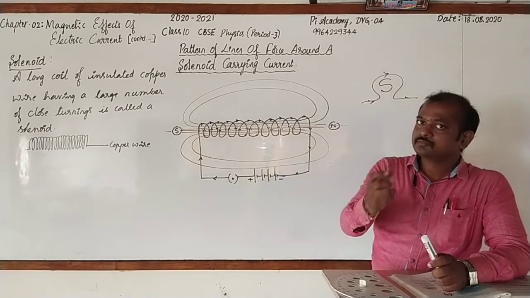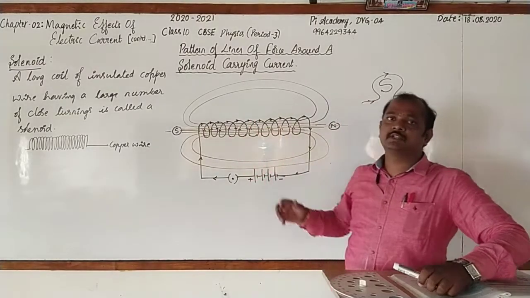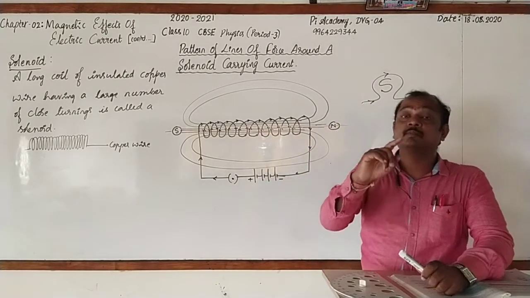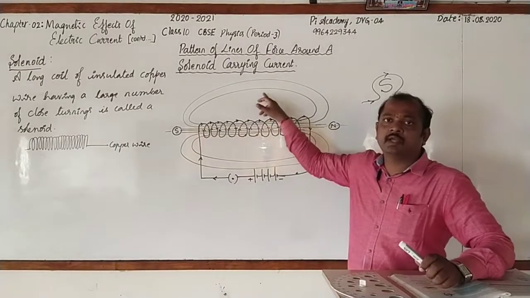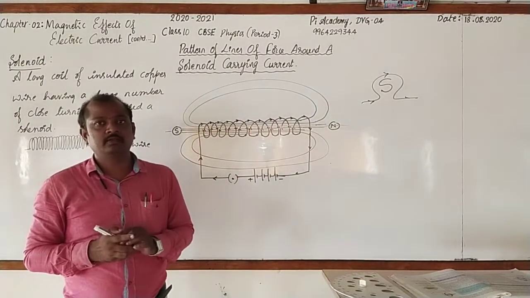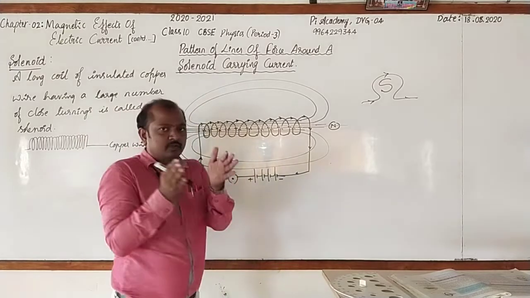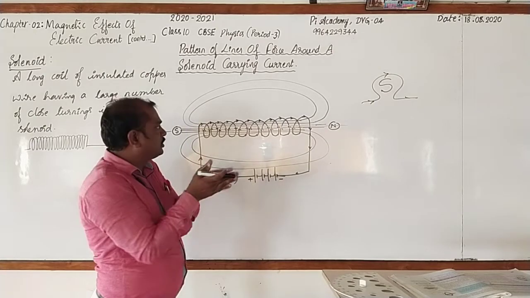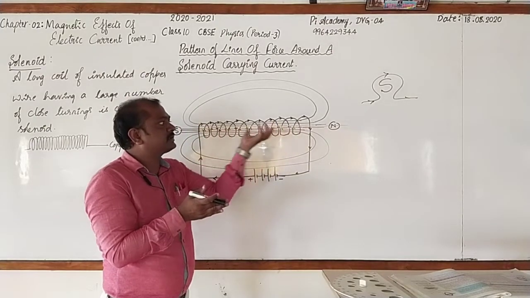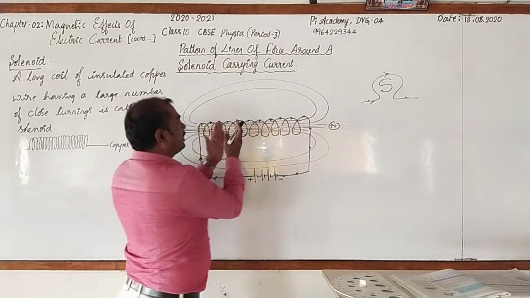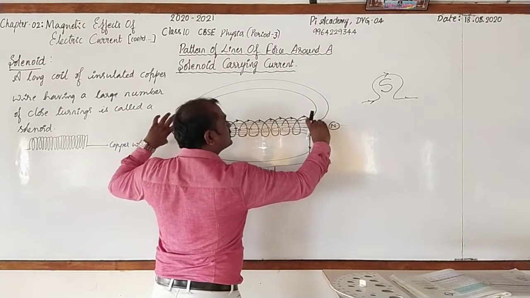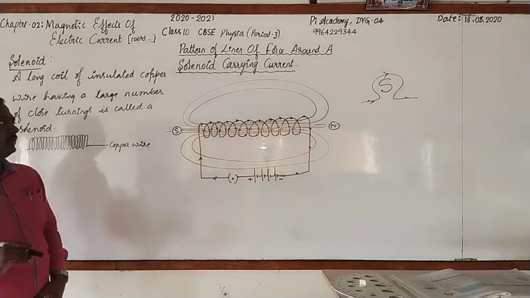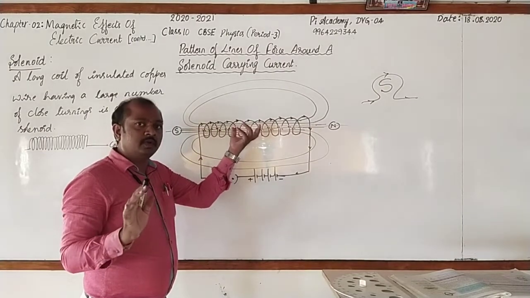Whether the magnetic field strength is more inside the solenoid or outside the solenoid? No doubt, inside the solenoid the magnetic field strength is more, and outside the solenoid the magnetic field strength is weak. The reason is that inside the solenoid the lines of force are closer to each other and they are parallel, and moreover a uniform magnetic field exists. And do remember, as these lines of force spread at the ends, obviously at the ends it will be weak, right? Comparatively. Did you understand?